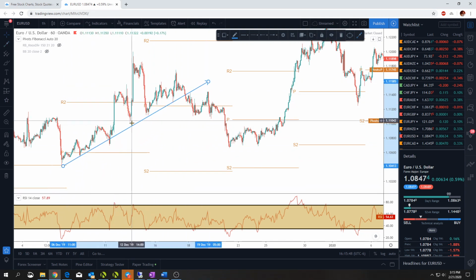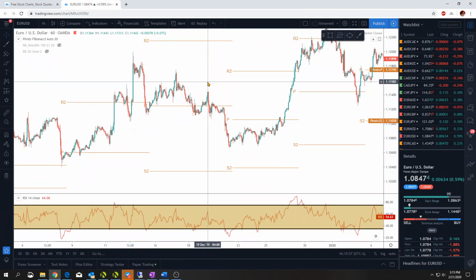Hits R2, almost comes back. If you took your profit here, you would have missed this hell. This is why you can't just set it and forget it in Forex. The smaller the time frame,